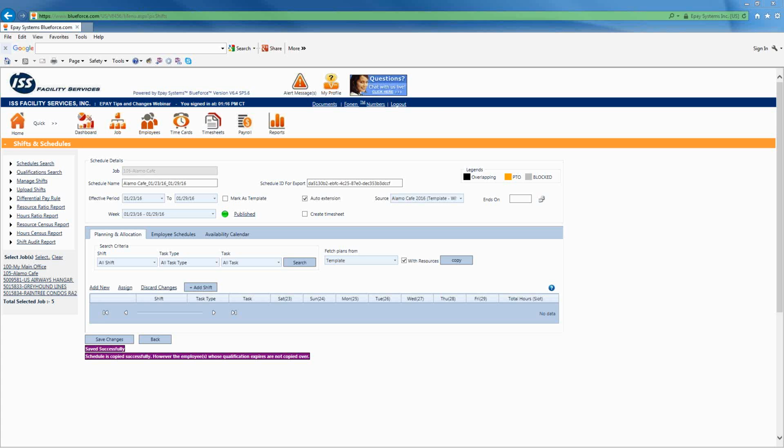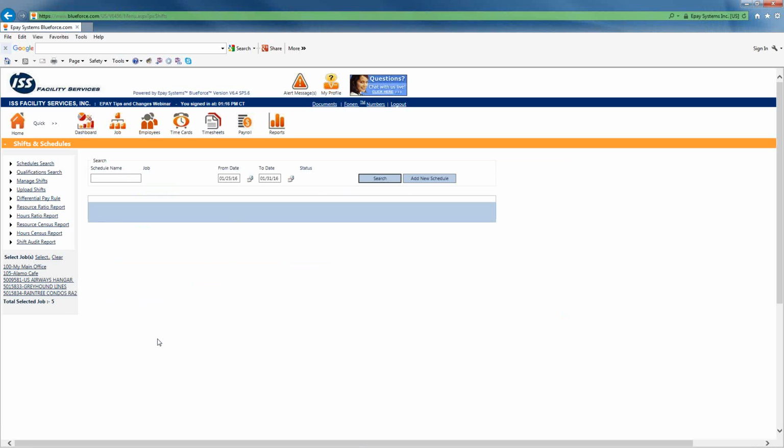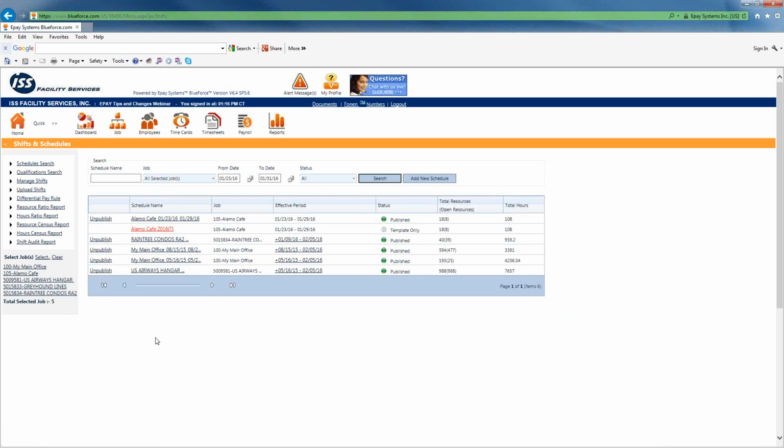So once you've done that step, I'm going to go ahead and hit back out of here. Back is right here, right next to Save Changes. Never hit back until you've actually saved changes and got that message down at the bottom of the screen. Otherwise, everything you just did is for naught. Now when I hit back, you'll notice on the screen that I have two that are listed as